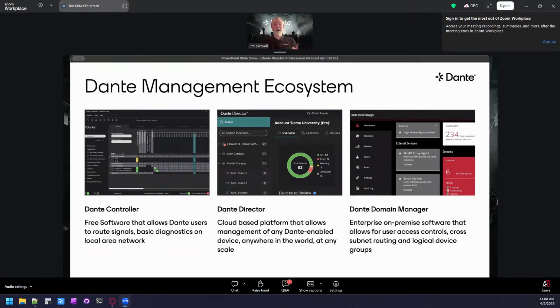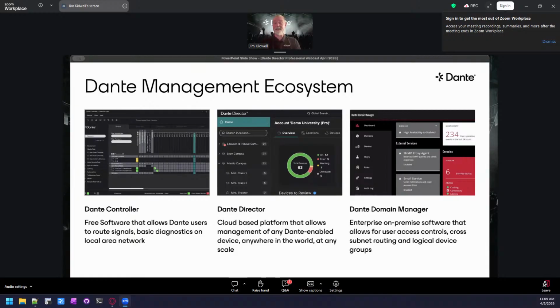So we have tools that I've already mentioned today. We have three different groupings of tools available. Dante Controller is available to everybody and is used in every situation. You've probably seen a lot of updates to that tool over the last year or so. We've done a lot of work on it to make sure it's a lot more usable in a variety of situations, notably dark mode. So if you're running a live show or working in a performance space, you don't have a glaring, loud Dante Controller screaming at you. That's been a great thing for us.